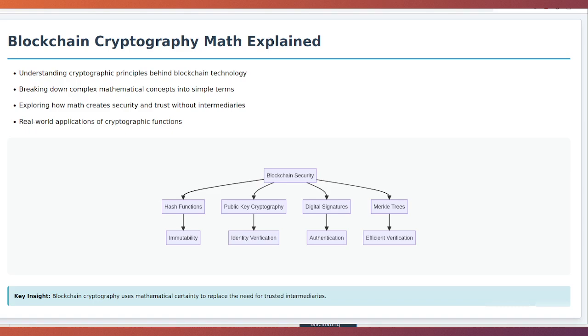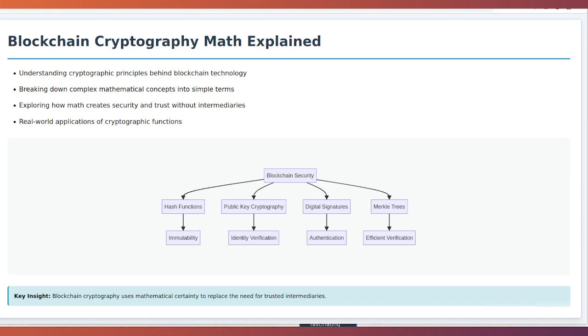Think of blockchain cryptography as the digital equivalent of a high-tech vault that uses mathematical locks instead of physical ones. In this presentation, we will explore how blockchains use cryptographic principles to create an immutable, secure, and transparent ledger. We will break down complex concepts like hash functions, public key cryptography, digital signatures, and Merkle trees into bite-sized, understandable